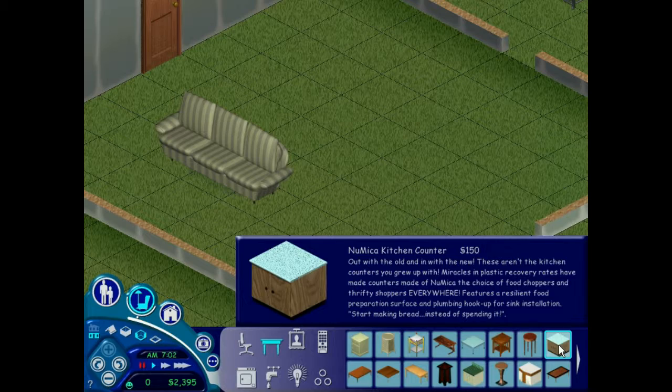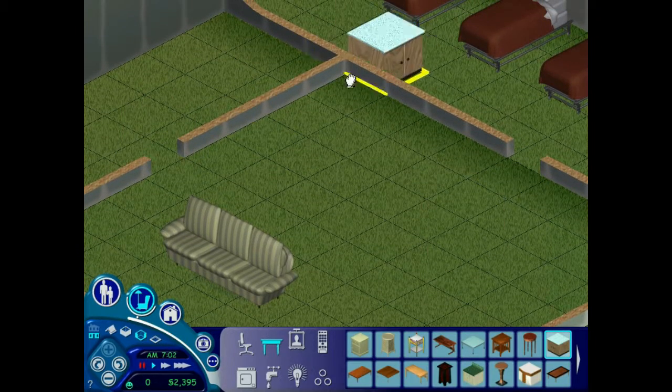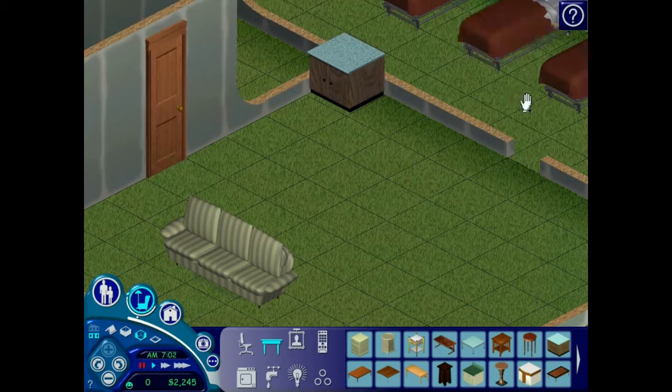Seriously, I want to hear Alec Guinness say that. Miracles in plastic recovery rates have made counters of Numika the choice of food choppers and thrifty shoppers everywhere. Features a resilient food preparation service and plumbing hookup for sink installation. Start making bread instead of spending it. Well, right now I'm spending all my bread. I'm guessing that's currency. I need...